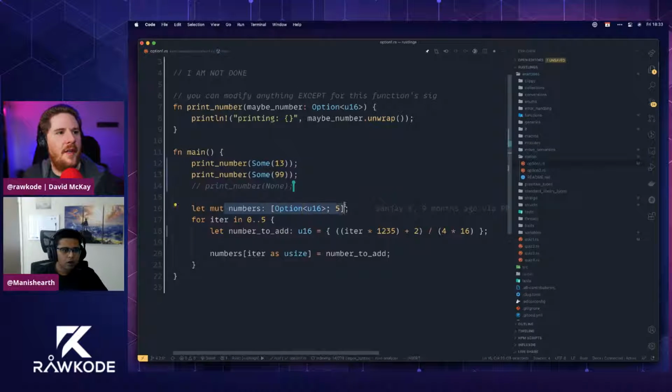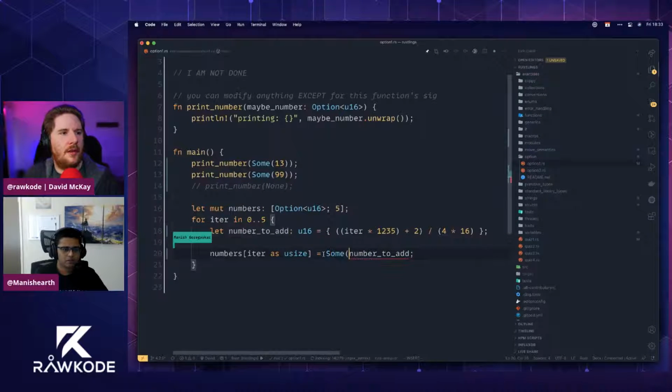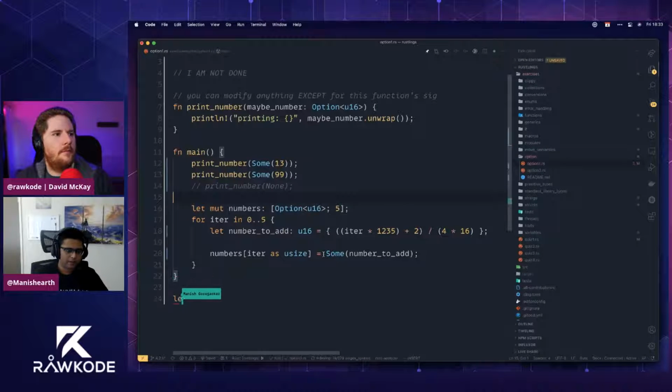Oh yeah, numbers is an array of option type size 5, right? That's kind of a syntax then. Yes. Which means this needs to be Some number to add. Yep. And I haven't seen the syntax before, so this is the type, by the way. So the full let syntax is like let x colon U16 equals 5. And of course you can have a mut here if you want. And this is a type. So using a colon, you can put a type in. And also you can do